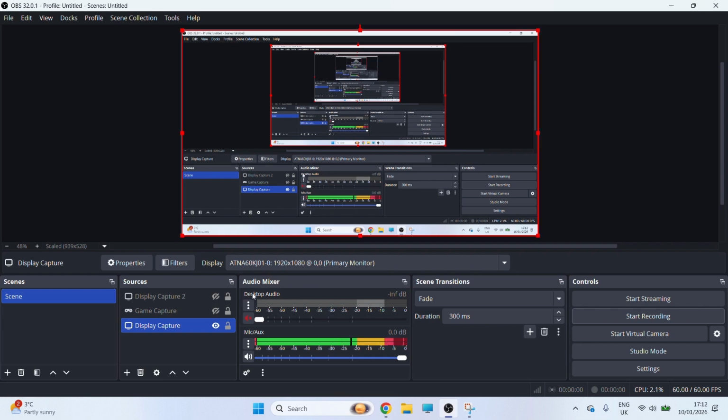The first method is you have the desktop audio here, and if you go and unmute this and make sure it's turned up, this is going to record any of your desktop sounds. So this does include Discord as well, but just bear in mind that this will also pick up other sounds on your computer. So what you can do instead of this is you can actually add Discord as its own